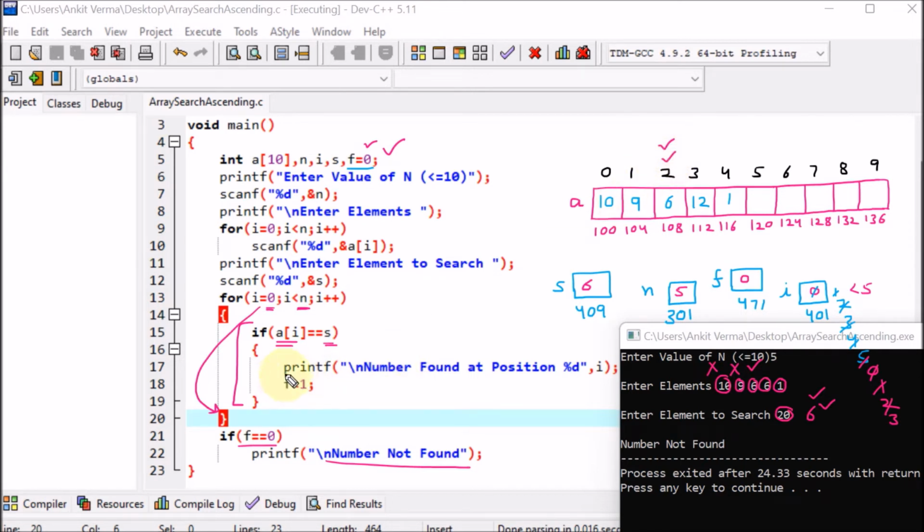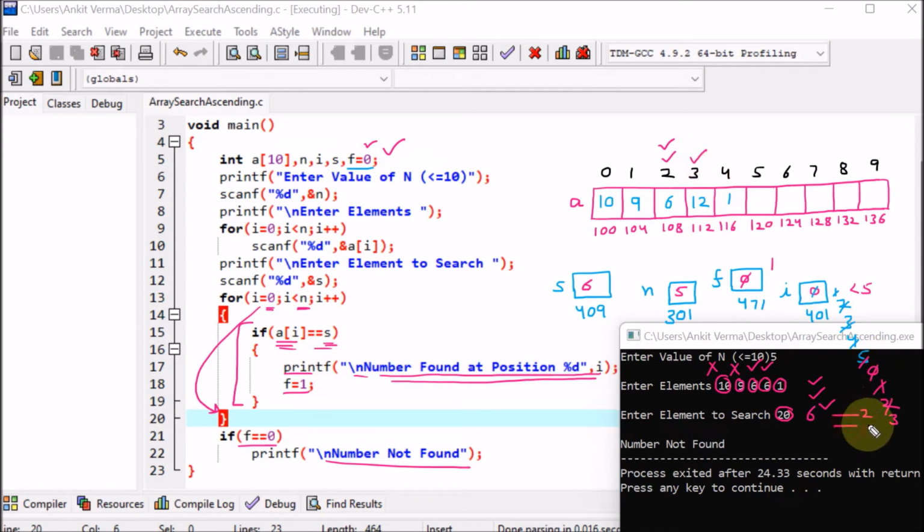So it will simply say printf \n, that is for the next line, number found at position 2. So number found at position 2 will come. Afterward f will be 1. Here we are setting the flag as 1, that means we found the number. Even if we go further and check the further numbers, matching the 6 with 6, then again the line will be printed that number found at position 3.